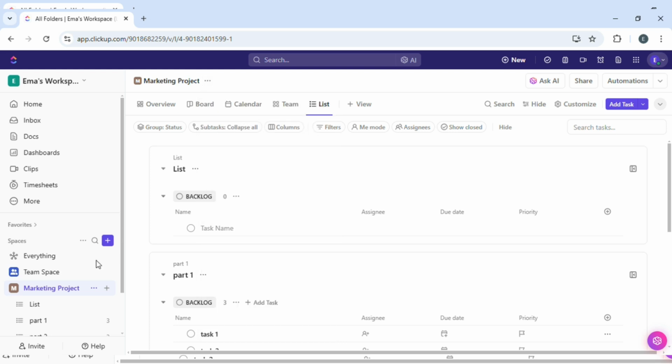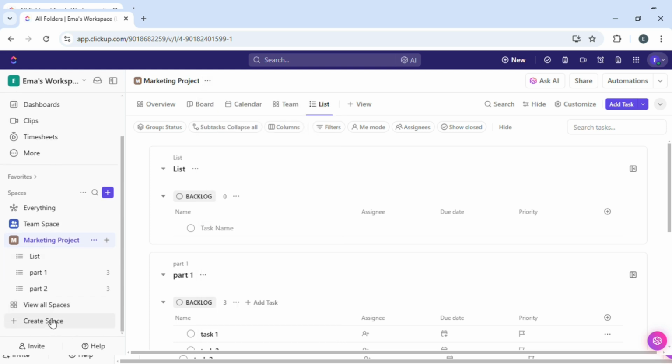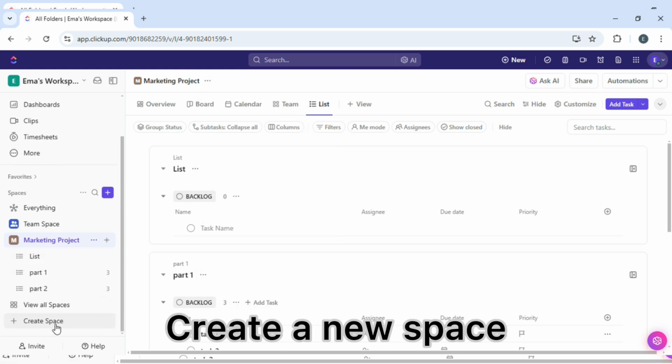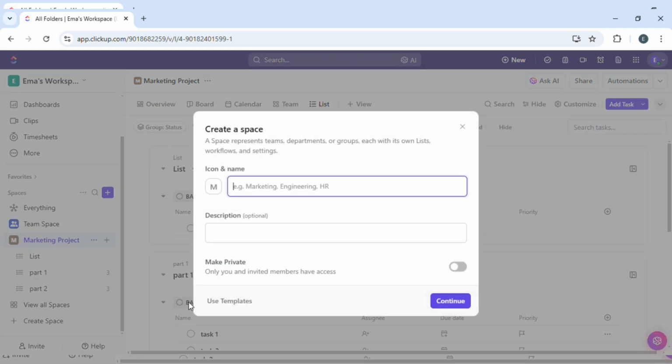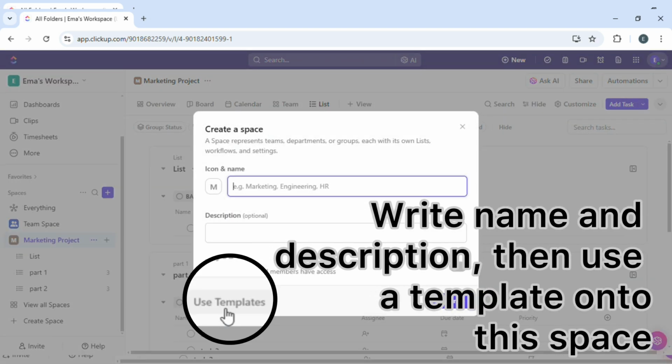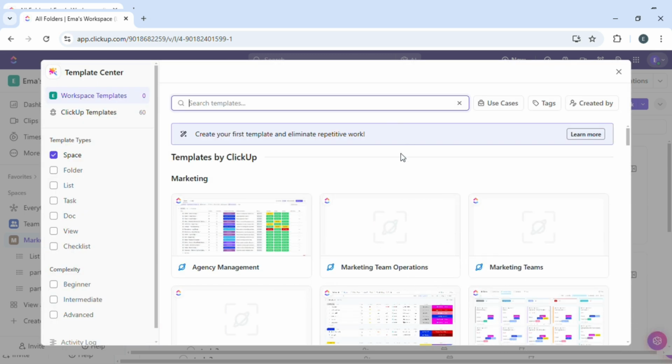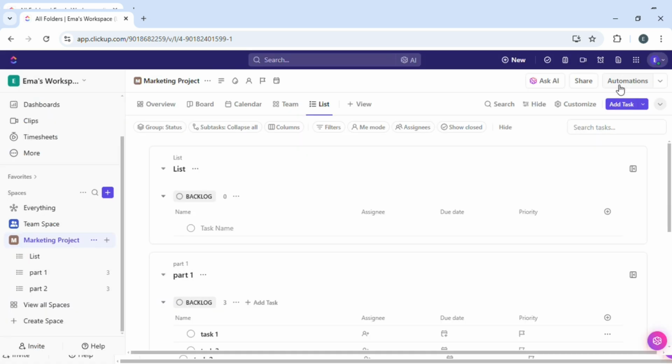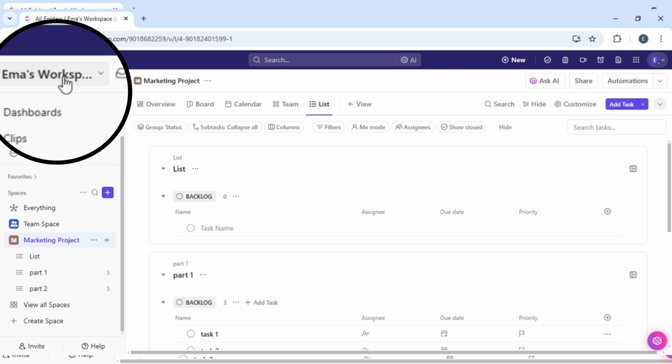The other way to create a project template is by clicking on create space. So just click on it, and after that over here you can just write down name and description and click on use templates. So here when you click on use templates, you can just select any template which you need. And there's also another way in order to create project template, that is click on